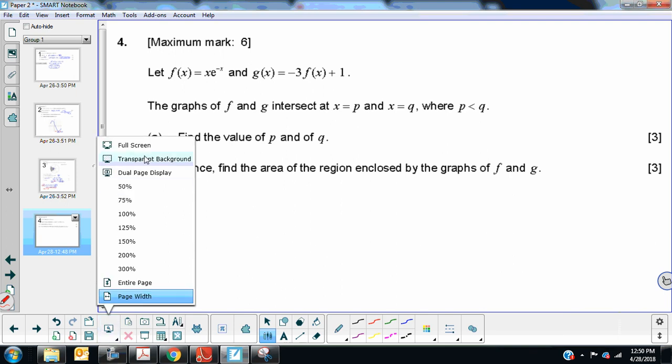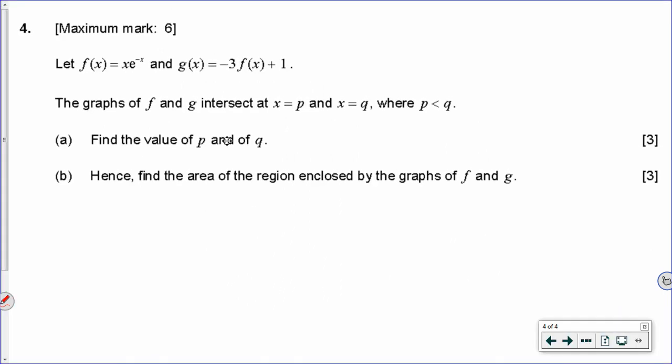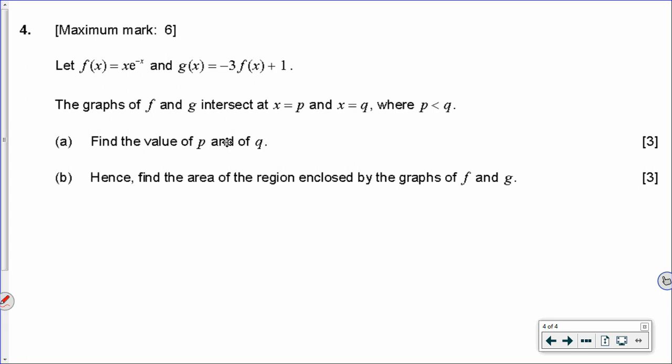In this video, I'm going to go over question 4 from the November 2016 paper 2 for IB Math SL. So this is a calculator question. I can see in part B we're asked to find the area of an enclosed region. That's great on a calculator test because you can type in definite integrals right into the calculator, just to preview that that's coming. All right, so here we have the graphs of f and g, two functions that are given